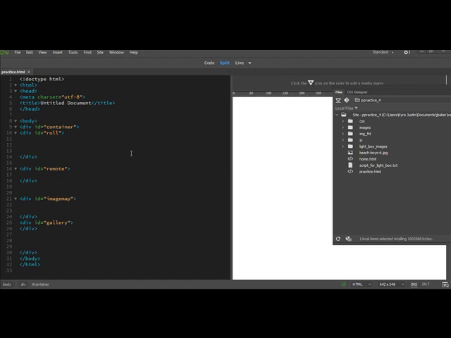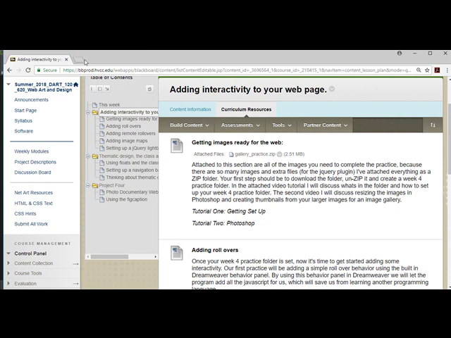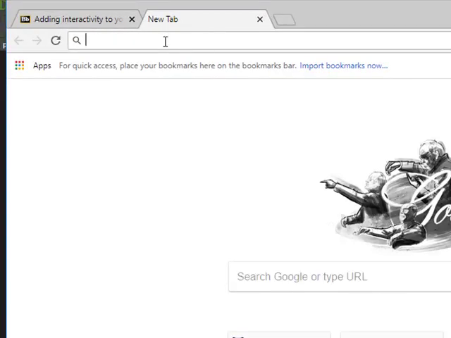Okay, so we are going to go ahead and open up Photoshop and have just a quick little tutorial about image size and maybe even searching for high quality images. Actually, let's do that first. A lot of us know this already, but just in case you don't, I'm going to open up Chrome real quick and just open up Google. There we go. And if you're looking for high quality